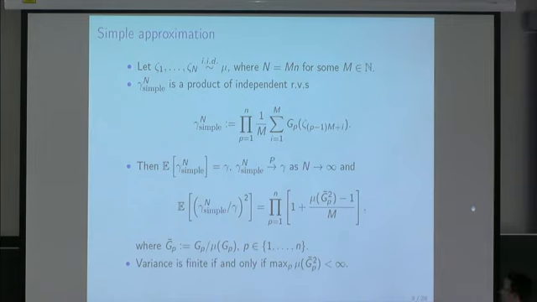And you can see that as little n grows, as capital N stays fixed, then this will grow exponentially quickly, right? Whereas if you increase capital M with little n linearly, then you can control this second moment. But anyway, this is an exact expression for the second moment, and the variance is finite if and only if you actually have a second moment for all of the GPs.